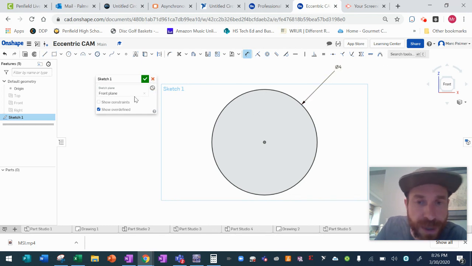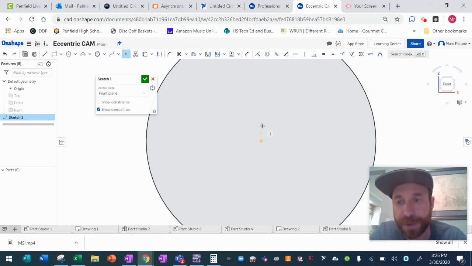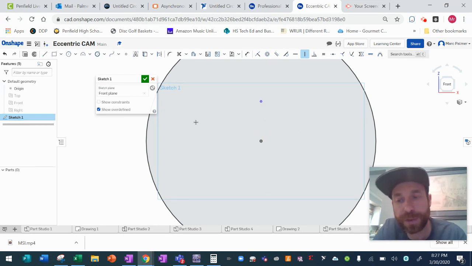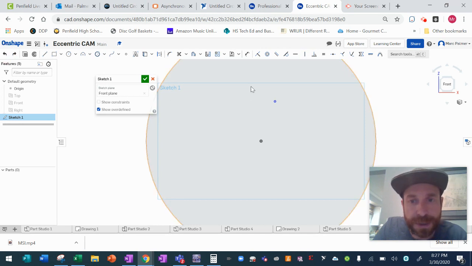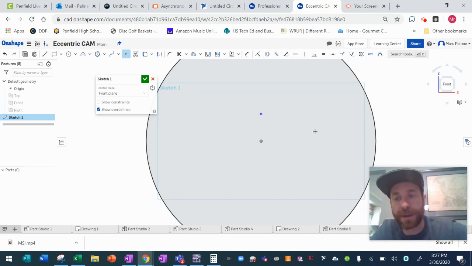And we're going to then put a point on here. I'm going to just hover over this midpoint so it knows that I'm trying to make a point in line with that. And you can see that vertical constraint. It's very small, but it pops up just to the right of my cursor when I do that. And that's what I'm looking for. Now, if I needed to do that later, that's right here, the vertical constraint. You just pick those 2 points, and that will put that in. But the faster way is, if you know you want it there, just hover over before you click, and it's going to assume that you want that in a vertical alignment,